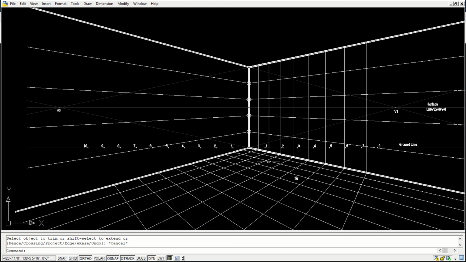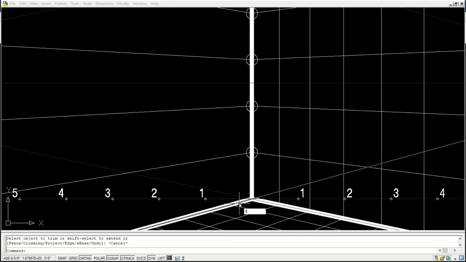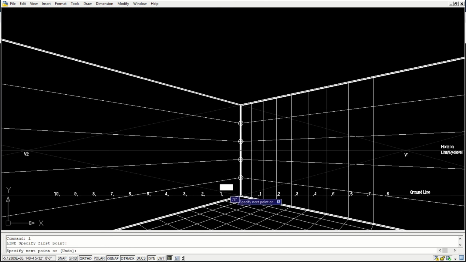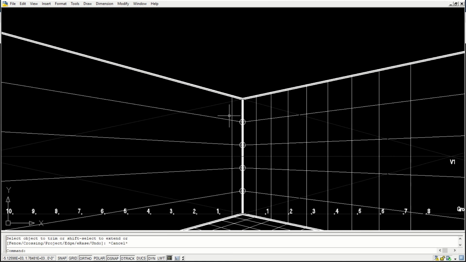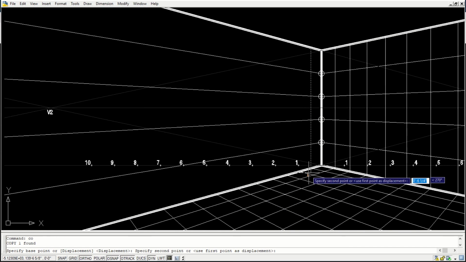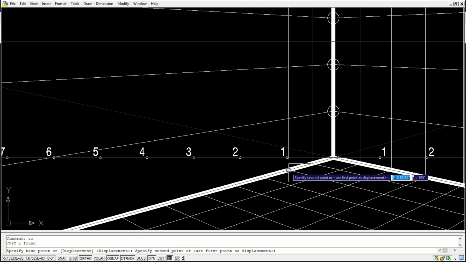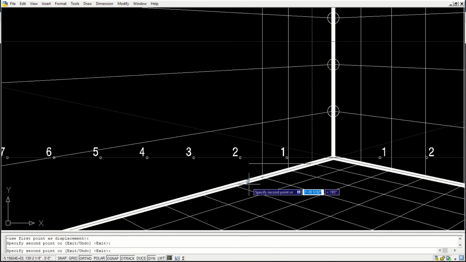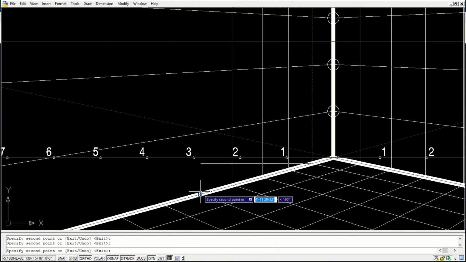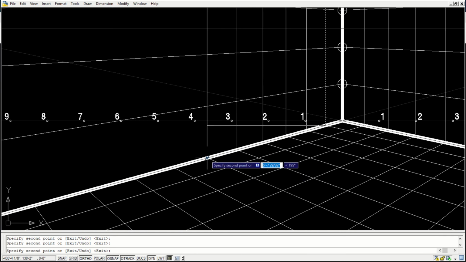So you can see how nicely it is coming out. I'll use the same technique here. Draw vertical lines from the edge of the grids.